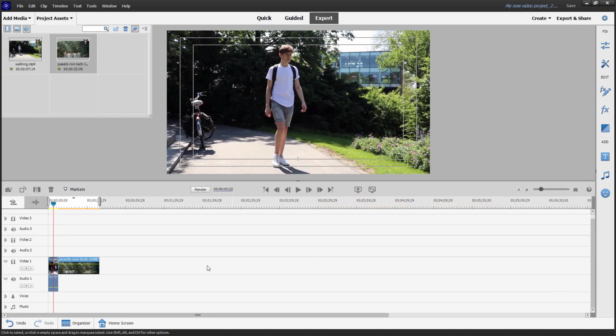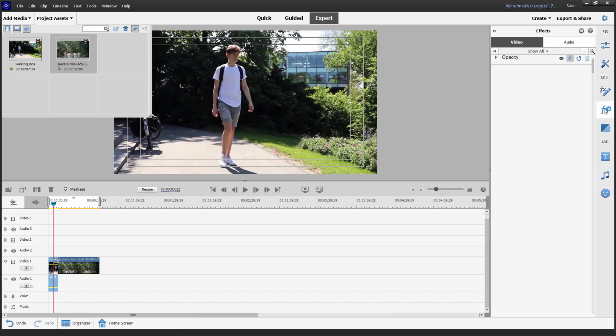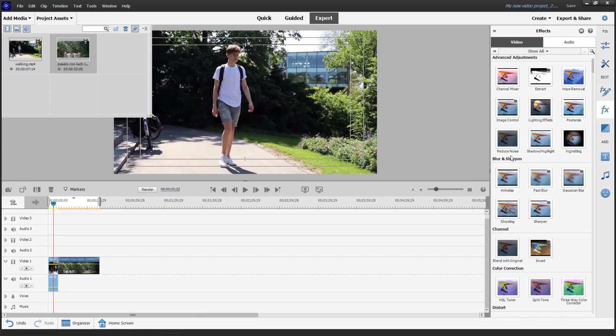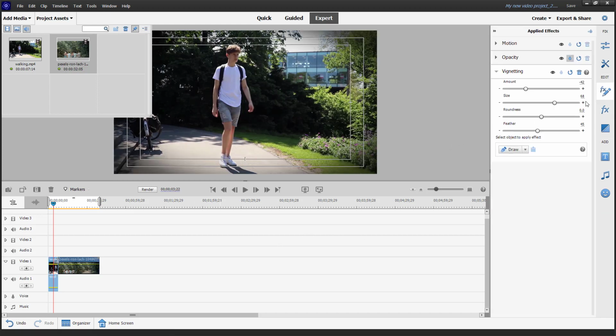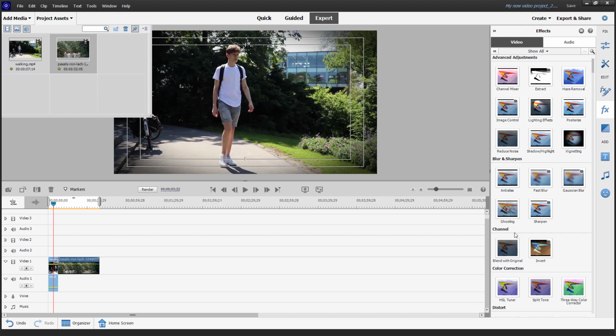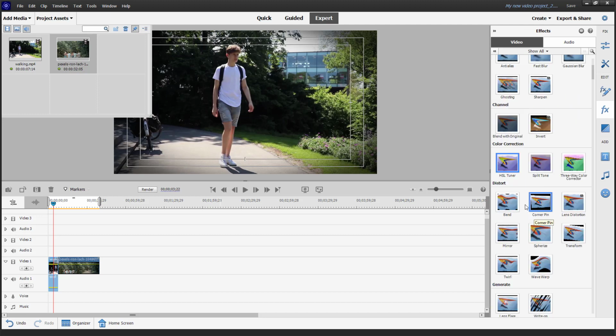So now let's see how we can copy and paste effects. Over here on the first clip, let me go under effects and add in some effects. For example, I'm going to add in some vignetting right here, just like this. And I'm going to add in another effect over here just like this,